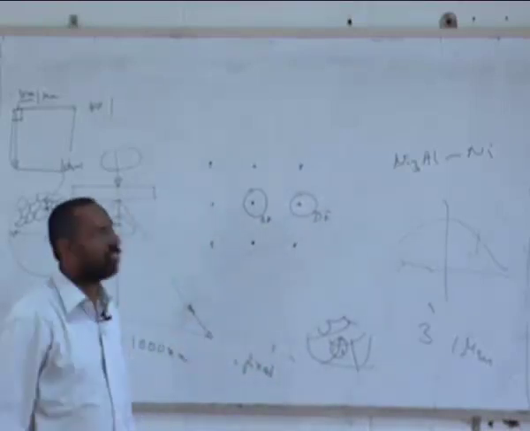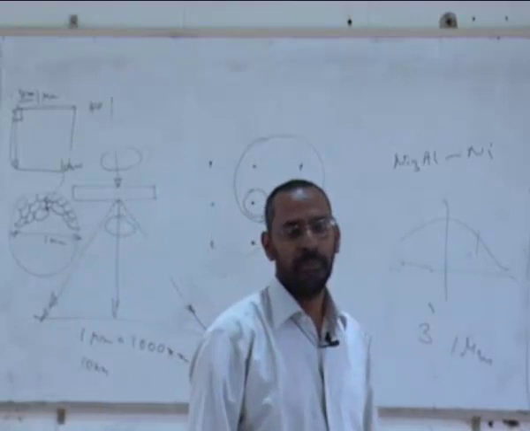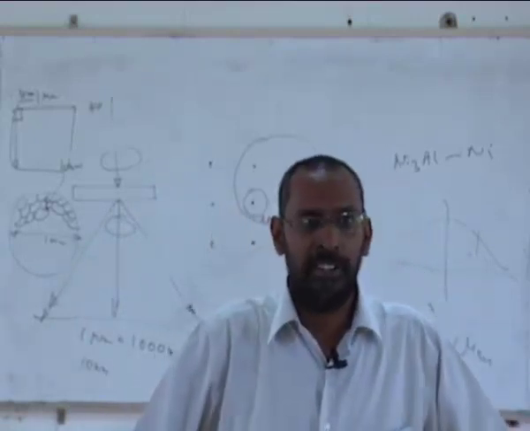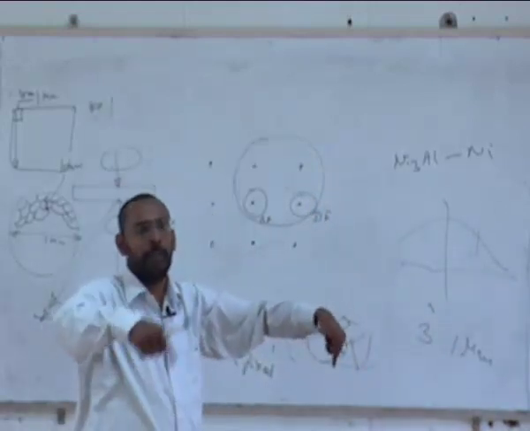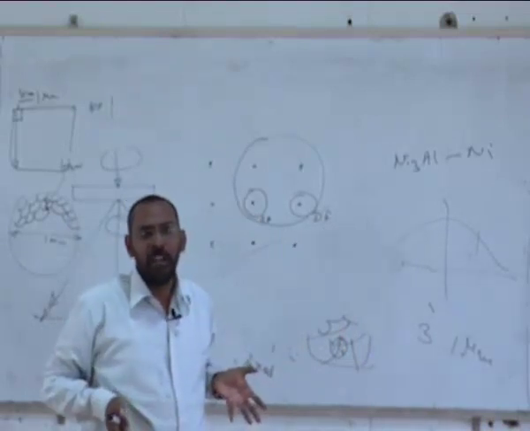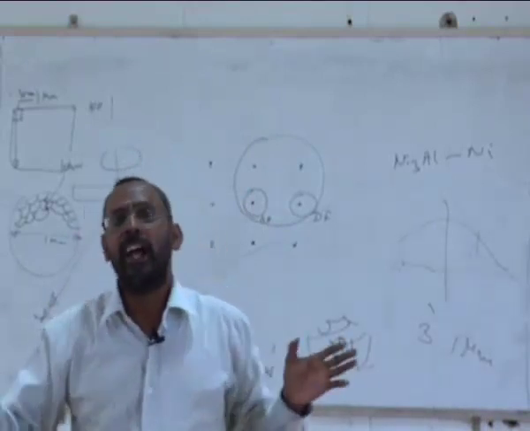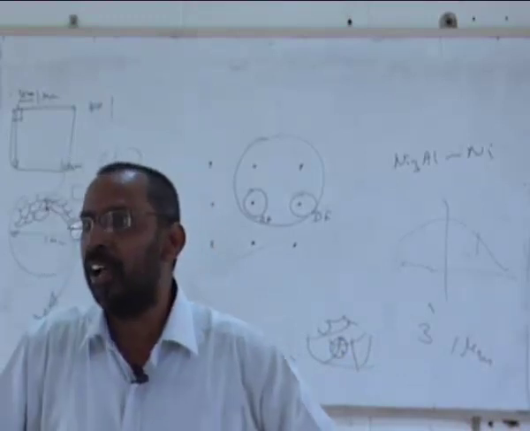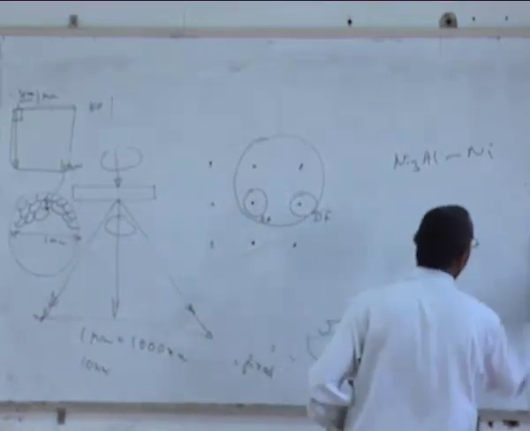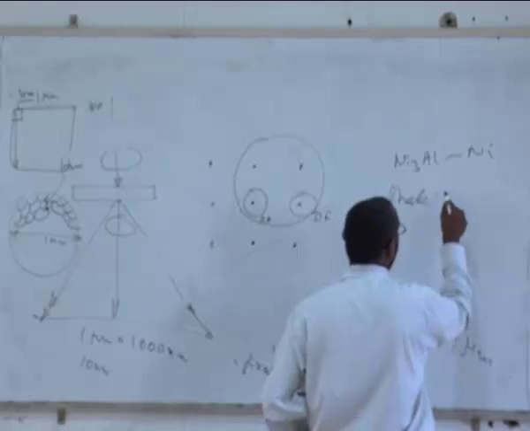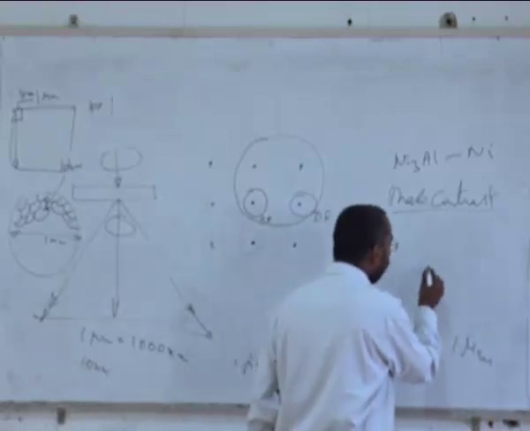If I put my objective aperture in such a way that it is covering both the diffracted spot and the transmitted spot, then what happens is the two beams that are coming, the transmitted beam and the diffracted beam, because I am trying to make a composite image coming from all the diffracted beams and the transmitted beams, there will be a constructive interference between these beams, and that gives me an image which is what is called a phase contrast image. And it is in that phase contrast image I can actually see my atoms.